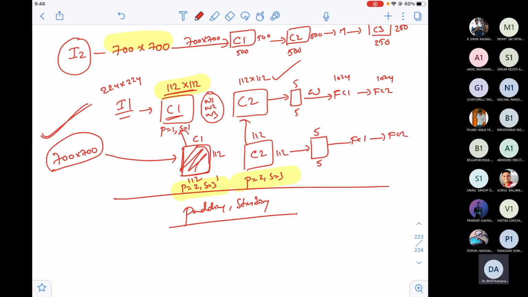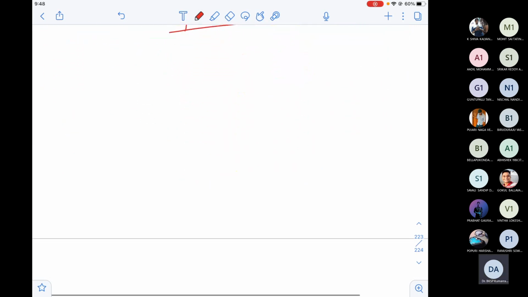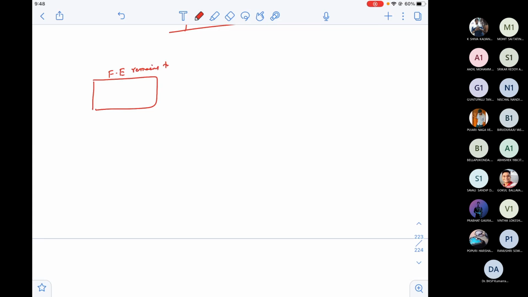For that, one thing I would like to conclude here, guys: whenever you resize or don't resize, the output of the feature extraction part remains the same. The sizes after the feature extraction remain the same because of padding and striding.